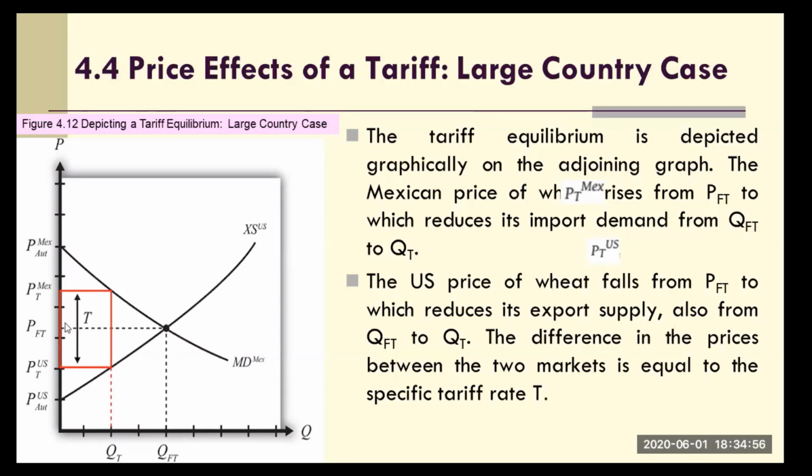So the impact is that at free trade, the quantity supplied by the US also declines to the quantity under the tariff, because the US might decline the price or else decline the quantity. The US price of wheat falls from PFT to